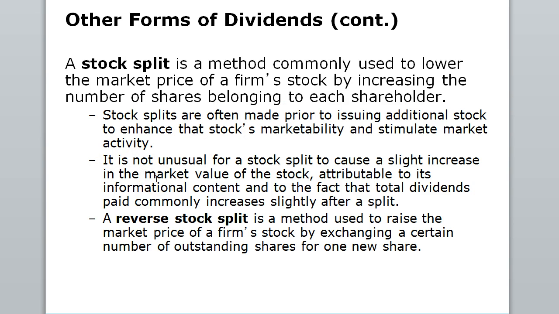Now, companies can also do a reverse stock split. AT&T did this a number of years ago after it sold some of its divisions. The stock price was going down, and they had to get it up because it was below $5, which was bad. It was going to be kicked off the exchange, and people really don't give stocks that are under $5 or $10 any respect. So they did a 20-for-1 reverse stock split to get that stock price higher. So they could do it in the other direction as well.